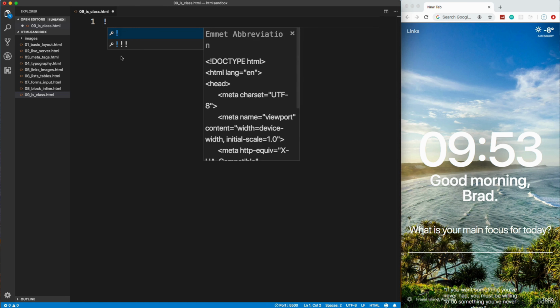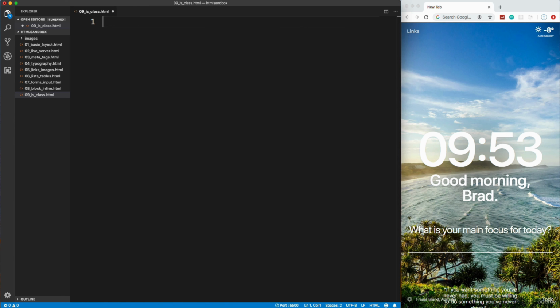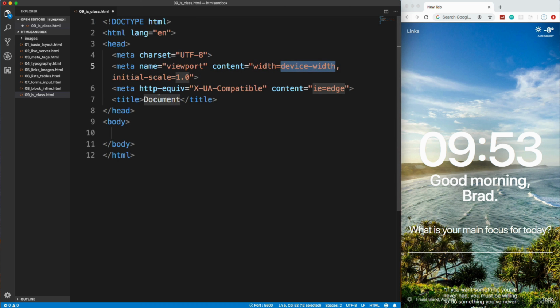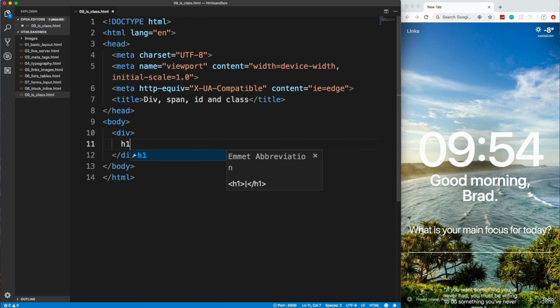And we're going to put our structure, our boilerplate in here. And for our title, we'll say div span ID and class. So we've used divs before. We used it to separate our labels and inputs in the form, where we talked about forms. So let's put a div in here, and let's say that this is going to be the header of our website. We have maybe an H1, say my website, or maybe you have an image, a logo image, and then